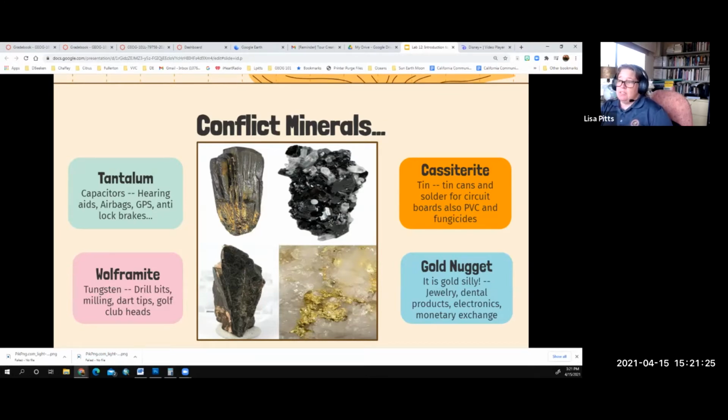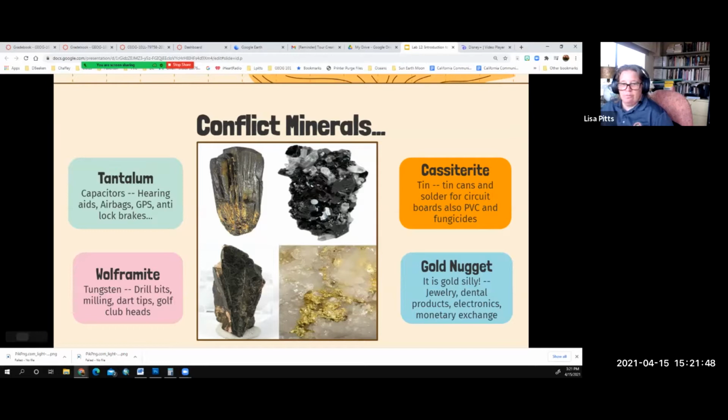And so anyways, these are the 4 top conflict minerals. So yeah, gold's one of them. But there's also wolframite, which is kind of cool. We use this for, you know, dart tips and golf clubs, and it creates tungsten, which is a